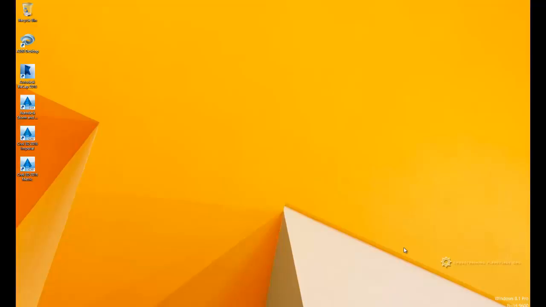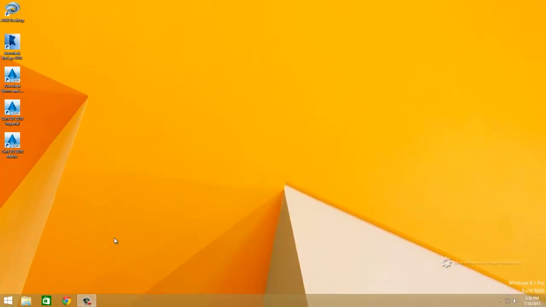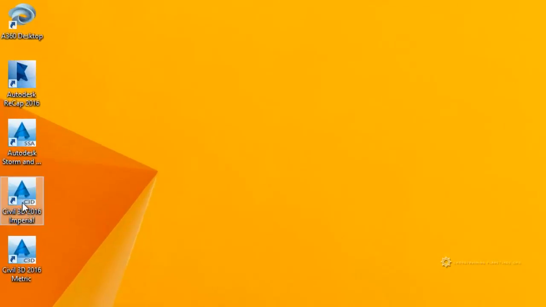Windows has just come back up, so I'm going to go ahead and open my CAD products just to make sure that it's installed properly. This is going to be my first time run, so my first time run I'm always going to run it as an administrator. I notice here on my desktop that I have several icons, so if you're a Civil 3D